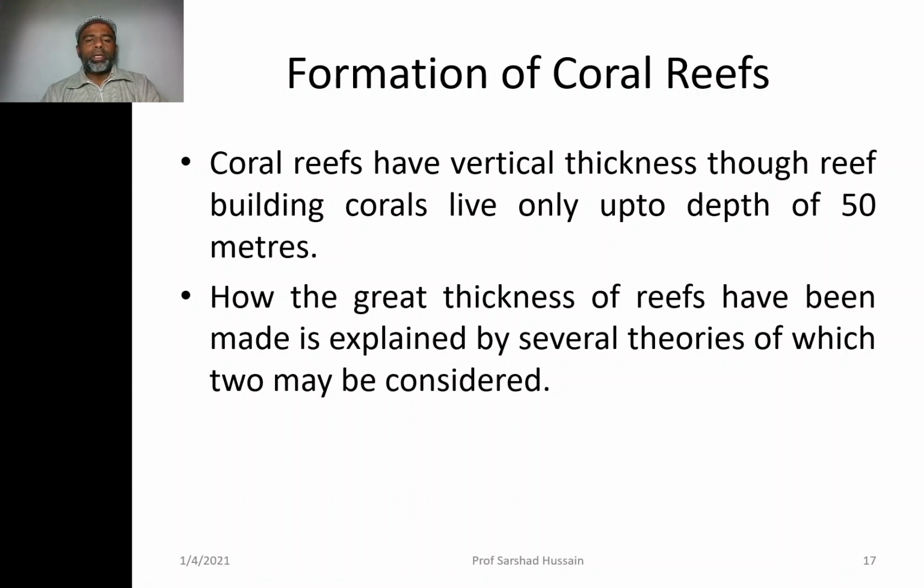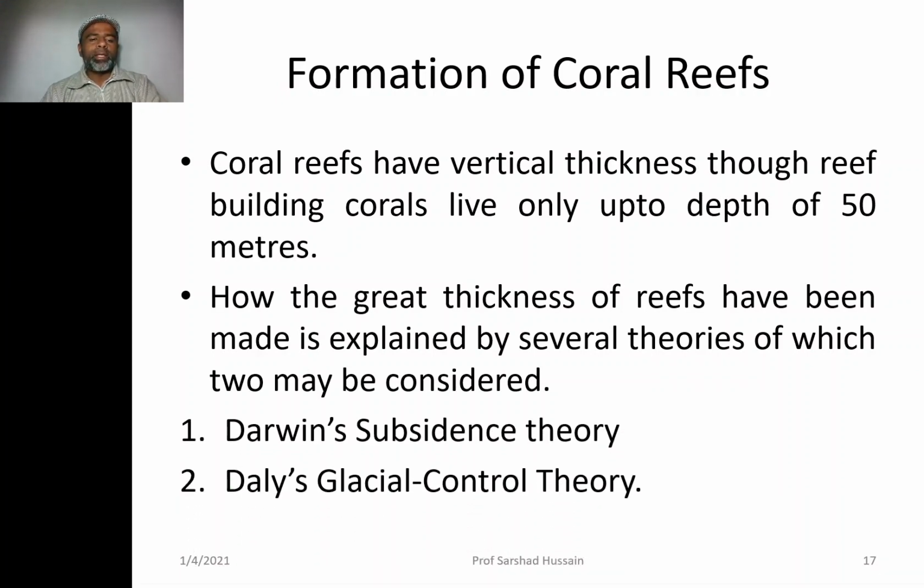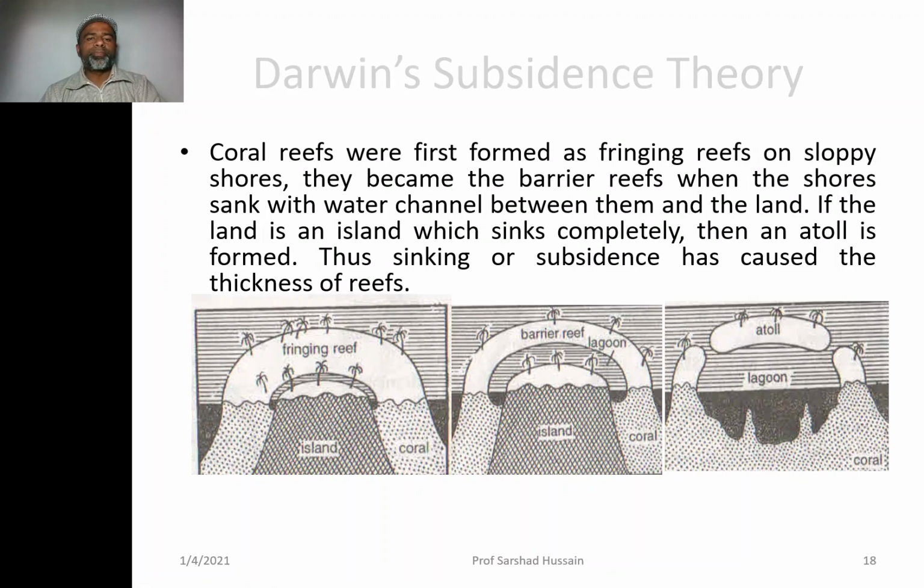By considering the two theories: number one, Darwin's subsidence theory, and the Daly's glacial control theory. Both of these theories basically explain how the coral reefs are formed and how this depth, even more than 50 meters sometimes, is achieved by the coral reefs. So Darwin's subsidence theory explains